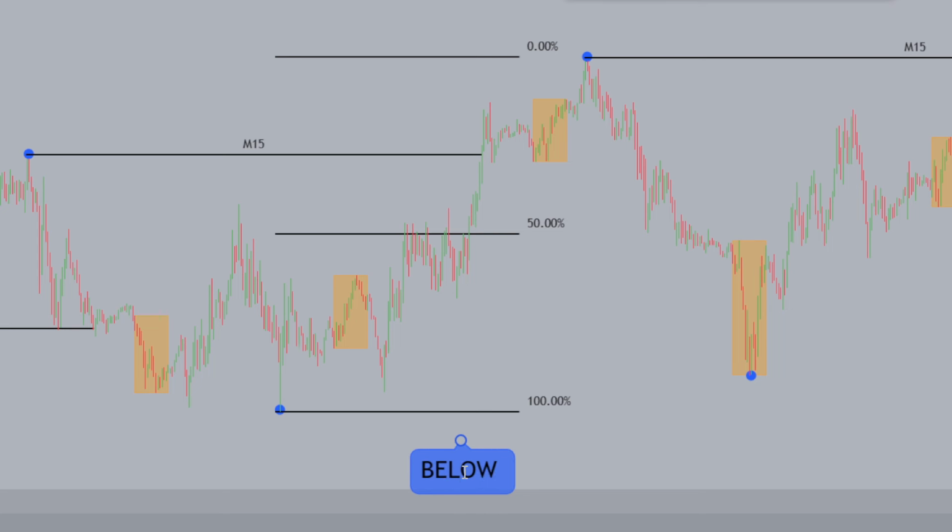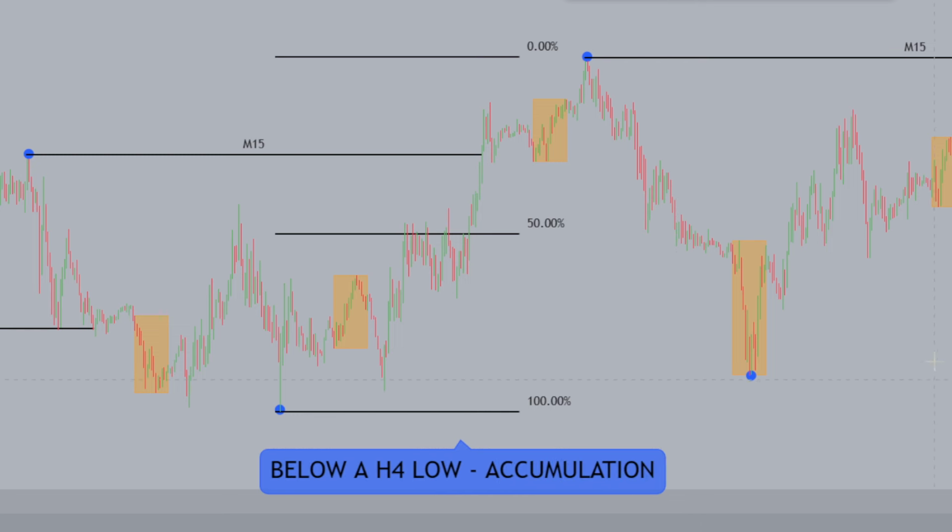I'm going to label that at the bottom because this is where we look for a Wyckoff accumulation, or just an accumulation for short. A Wyckoff accumulation is something we look for in this region. So now that we've had a break of structure to the upside, we understand that